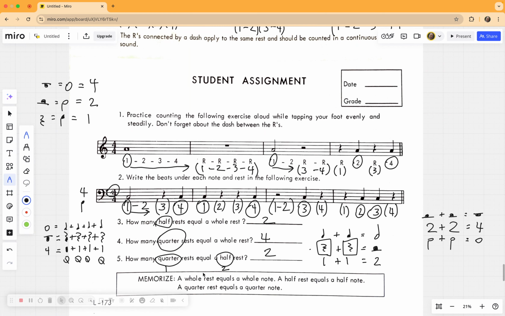And memorize. A whole rest equals a whole note. A half rest equals a half note. A quarter rest equals a quarter note. In terms of its value, right? The rest values. How much is something worth in music? And that should be plenty